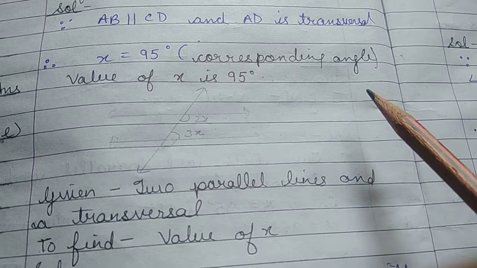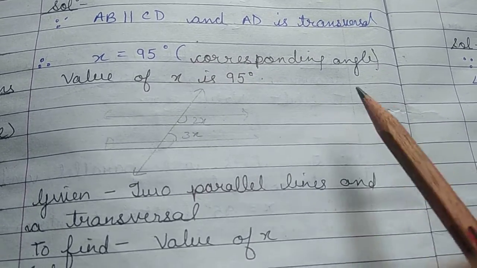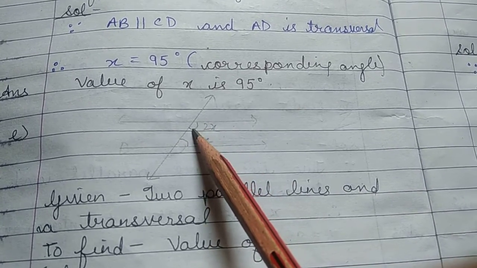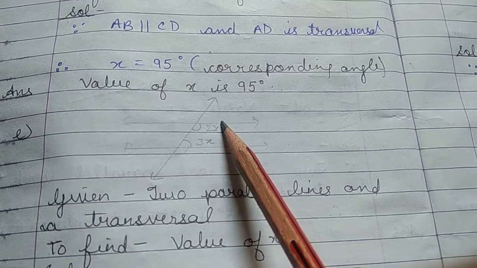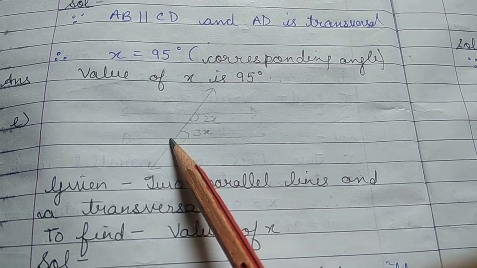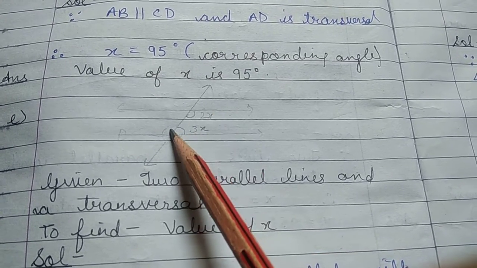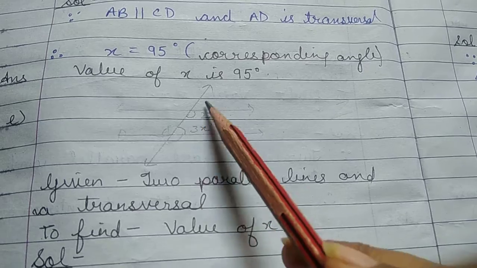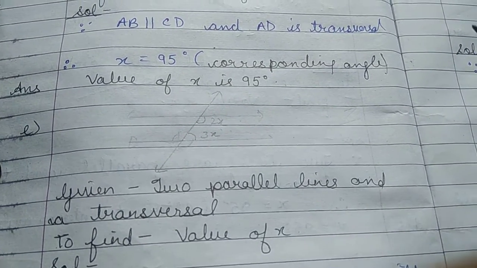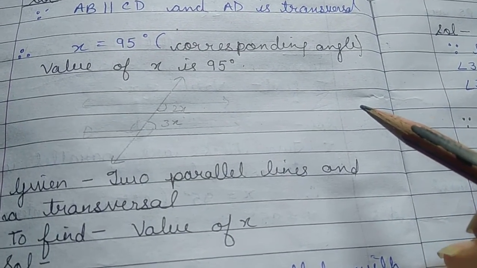Then second one is alternate interior angle. What was the trick to identify alternate interior angle? That they form Z. So if we use this angle 2x, so Z will start from here and go this side. So this angle would be alternate to 2x and not 3x. So again, we can't apply alternate also. So what is the third one left? Third one is co-interior angle.